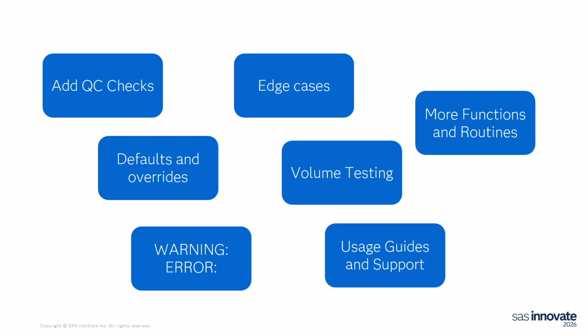I've also, by the way, got a utility that you can use to check and see if a function has been stored in the proper location before executing. And in case you want to package that as a SAS package, see Bart. He'll show you exactly how to do that. I highly recommend that. Defaults and overrides, edge cases. What happens if somebody puts in a character field to your square root of -1? Well, you could just get a regular error, or you could scrub it and be ready for it.